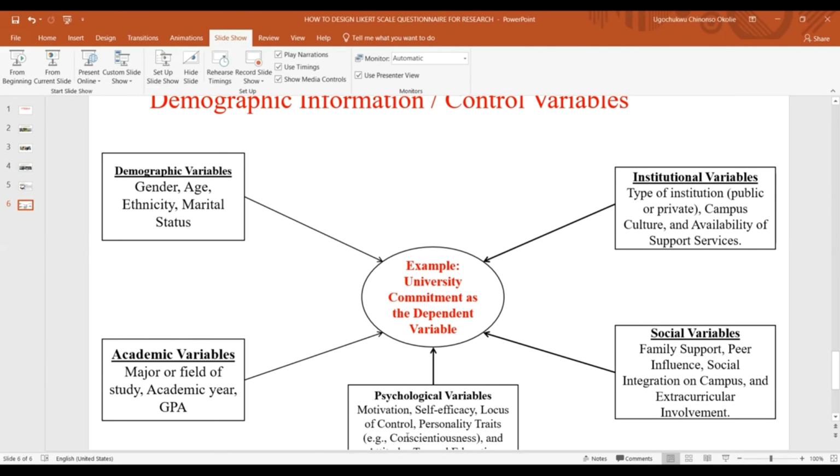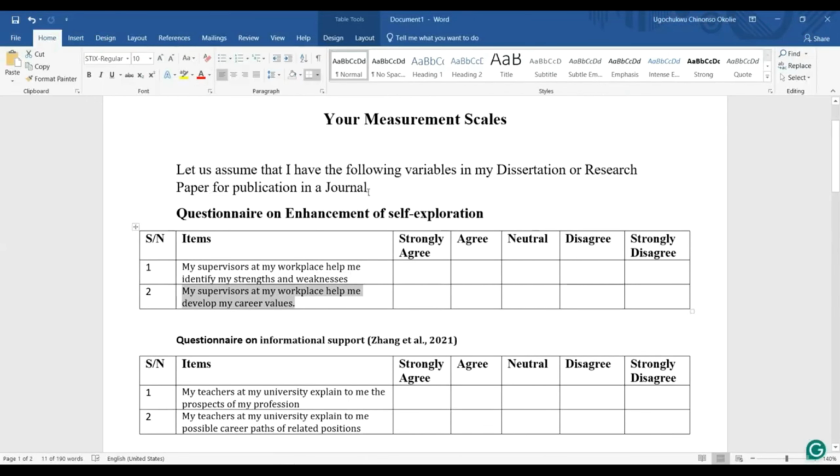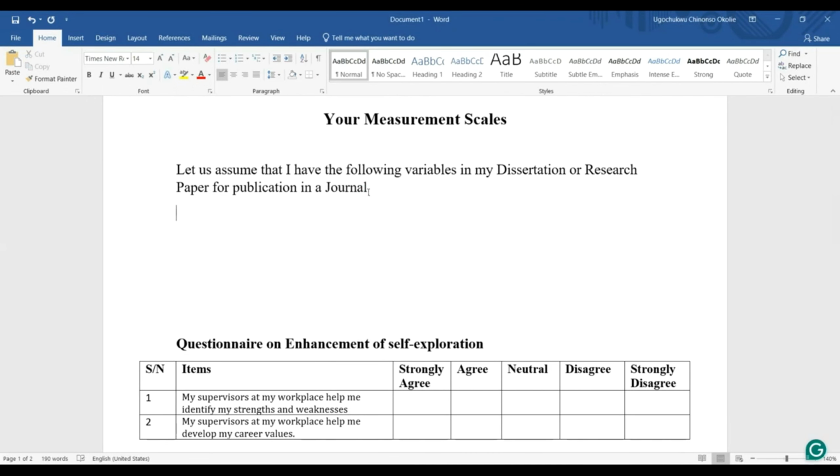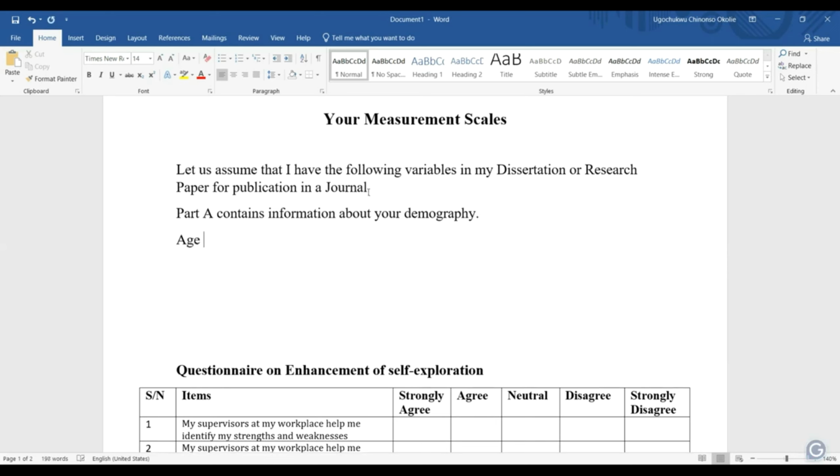And how do you do that? For example, in your own questionnaire, before you start, you can say Part A contains information about your demography, okay, something like that. So you can have something like age, and under age you may want to give some range. The best is to give a range, so you do not ask people, tell me your age. So most people wouldn't want to give you such information, but you can say let's say 20 to 25 years old,